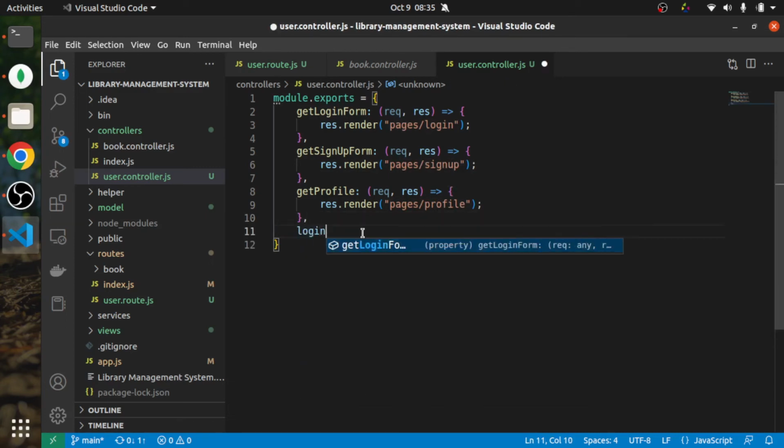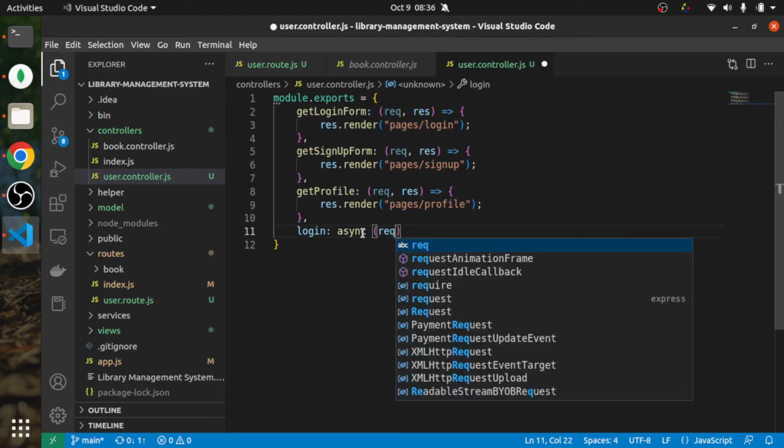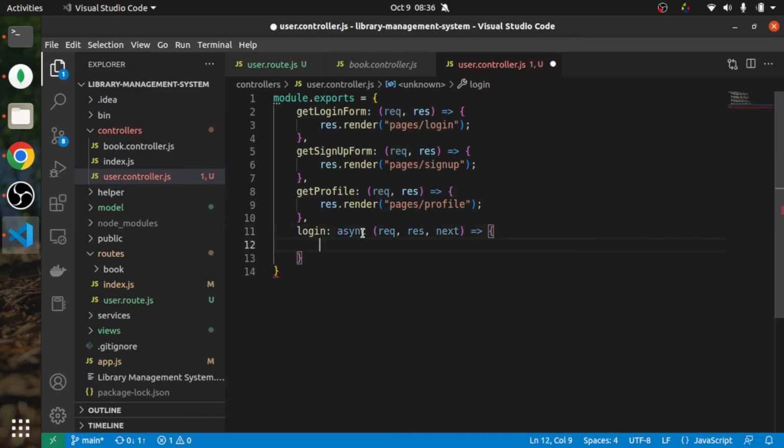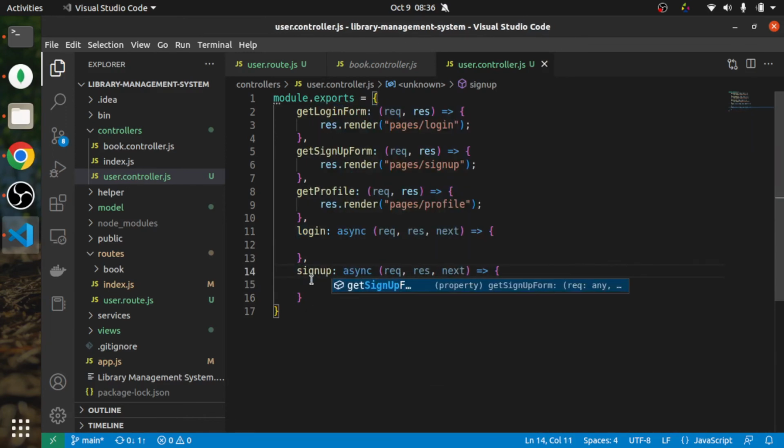Now we will require one more thing, which is for login post, and this will be async because we will be using some kind of services, or as of now we will be using a model directly, but we will create services. Just wait. Okay, so this will be for login, and same function design for sign up. So this is done. Now go to your user route,